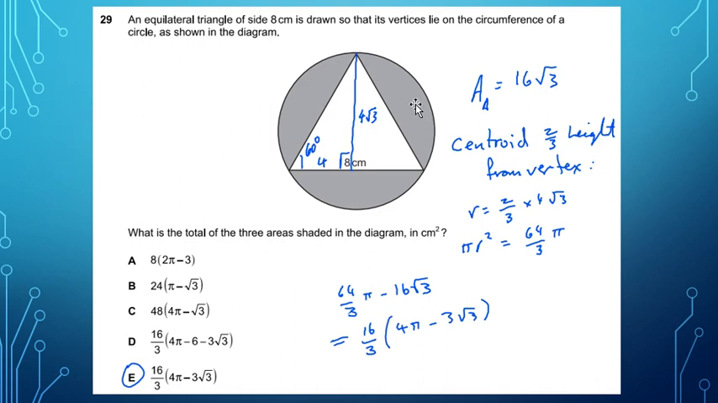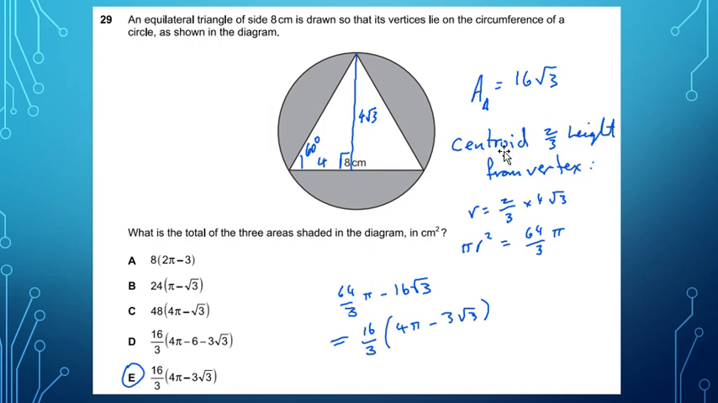So the 3 areas shaded, that's the difference between the area of the circle and the area of the triangle. So the area of the triangle is easy, it's a half the base times the height. So that's going to be 4 times 4 root 3. So 16 root 3, so that's the triangle. Right, now a little trick is going to be